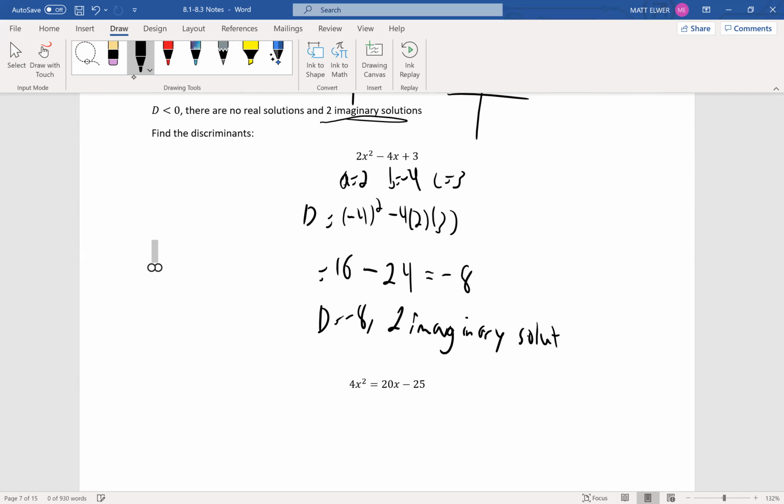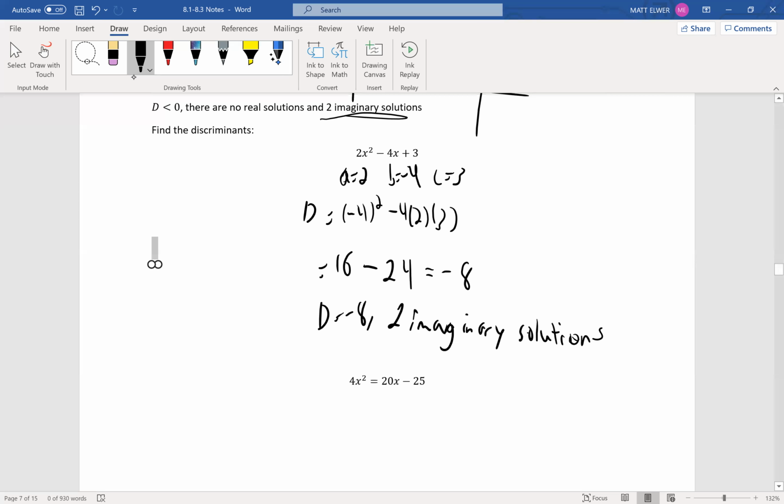Right? And this will be important in our next section where we're actually going to start graphing these. So we're not just looking to see what our discriminants are, but we're going to use all these tools to find out what the graph of one of these is going to look like. Okay. All right, on the next one,